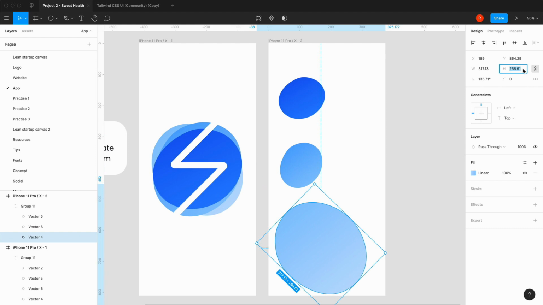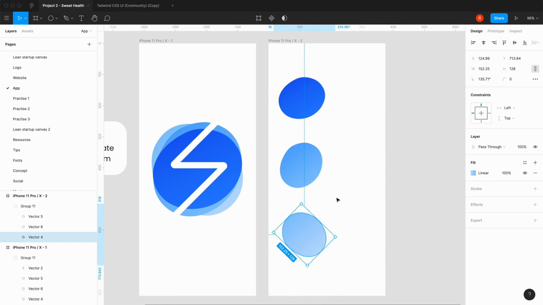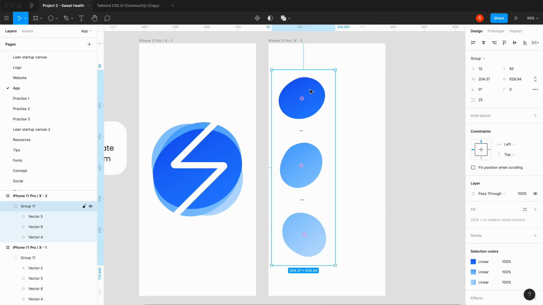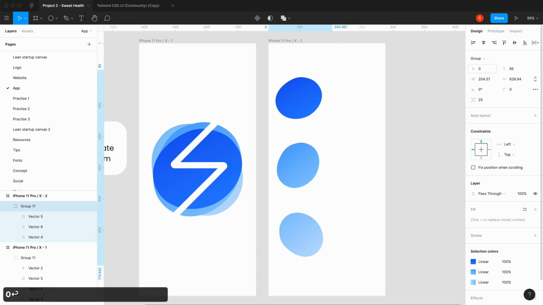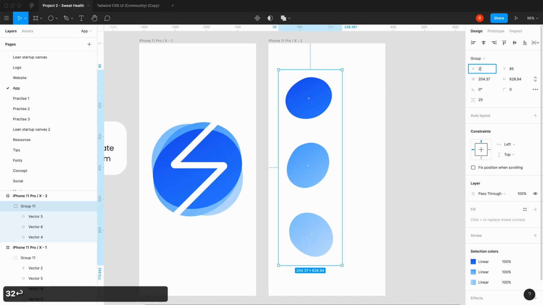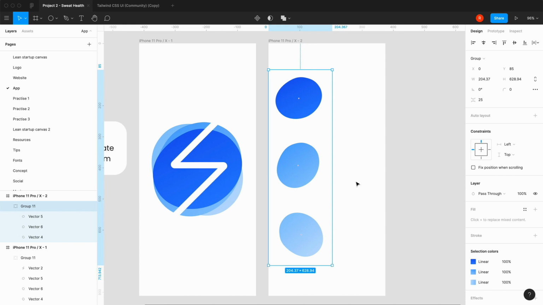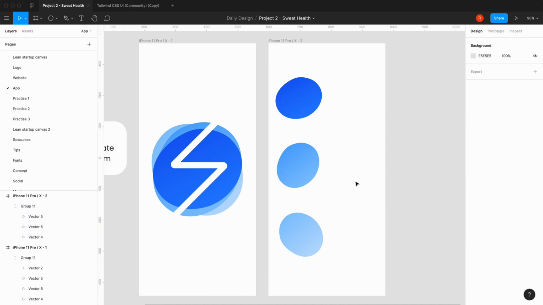This one, we'll say 128. Let's see what happens. Okay, so that's good enough. So again, this is all nice and rough. Let's say we'd say 32 at least, or 24 pixels from the left, even though they're not all perfectly. There we go. Okay, so 24 pixels from the left,